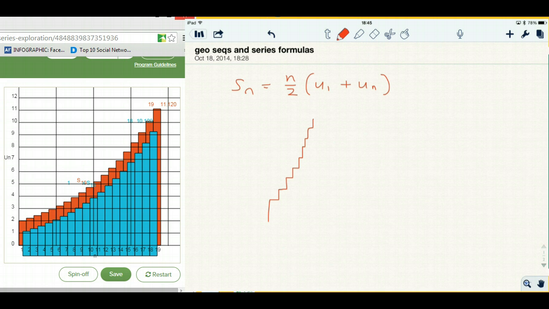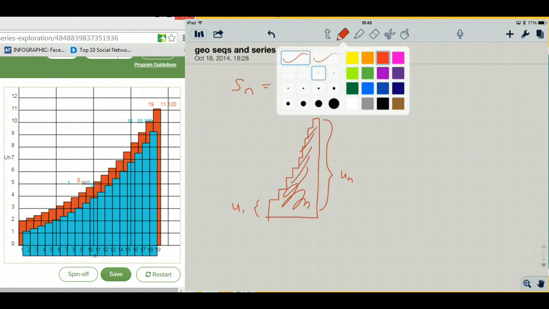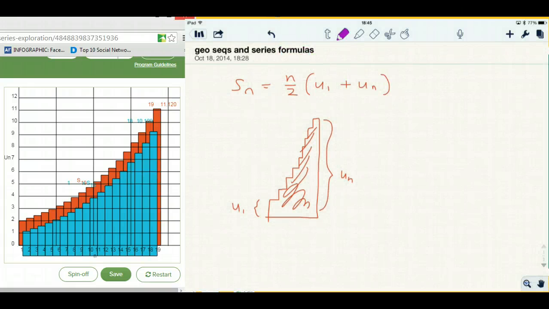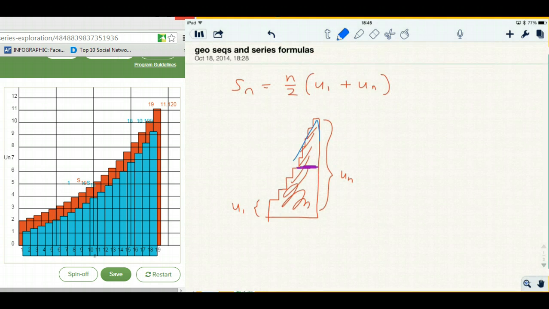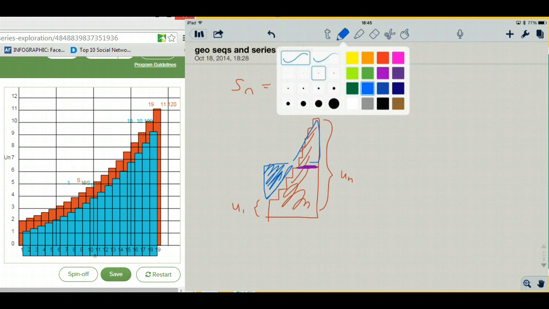And then I said, what's an easy way to figure out the area of this cutout if you know this height and this height, which happen to be U1 and UN? How do you figure out the area? And after your exploration or your investigation, what you figured out was that if you cut it in a certain place, and then you took this piece here, and then you fit it here, you would end up with a rectangle